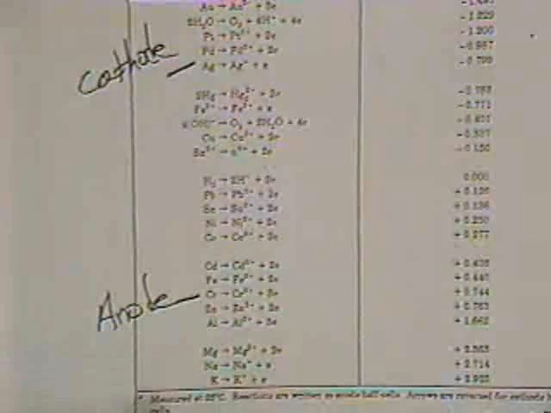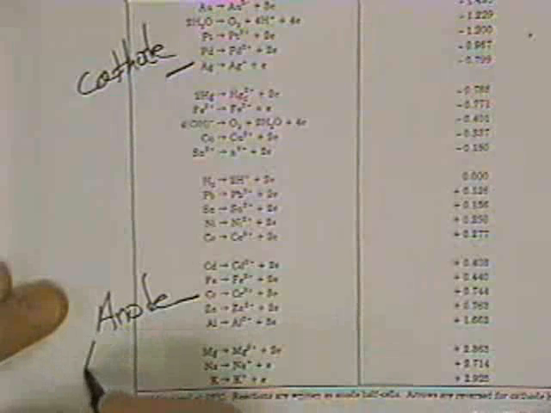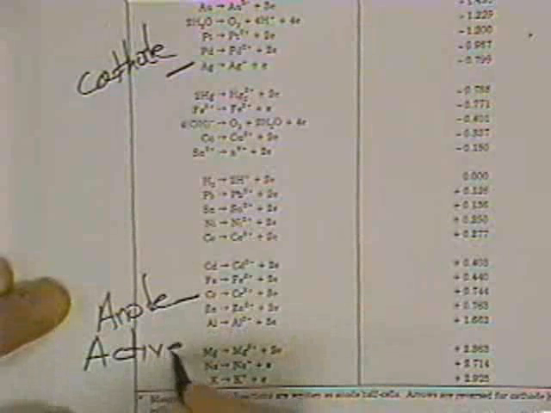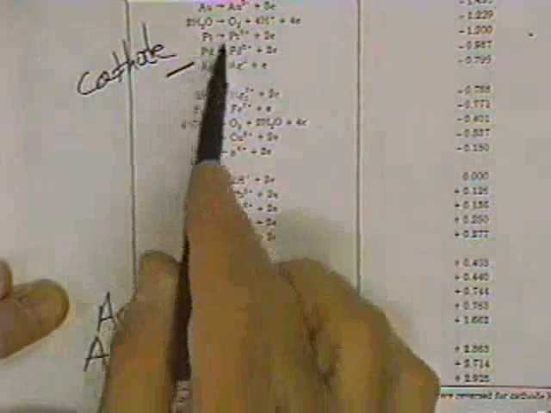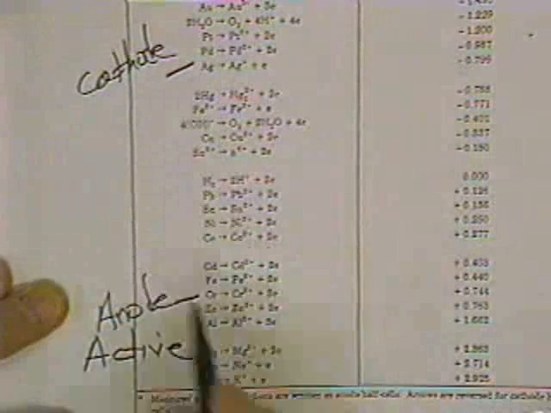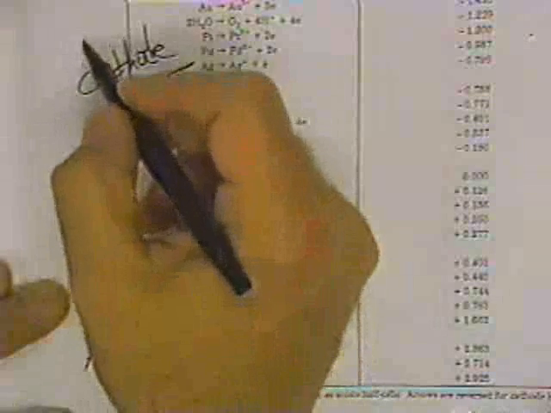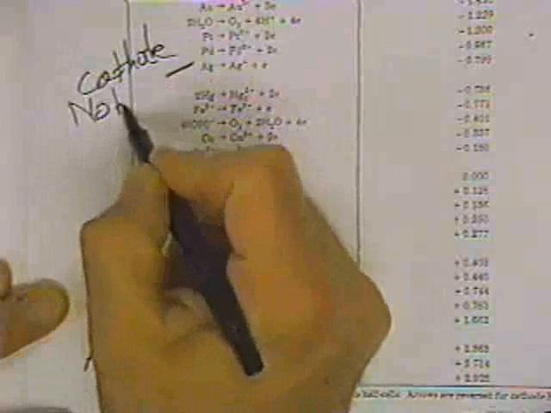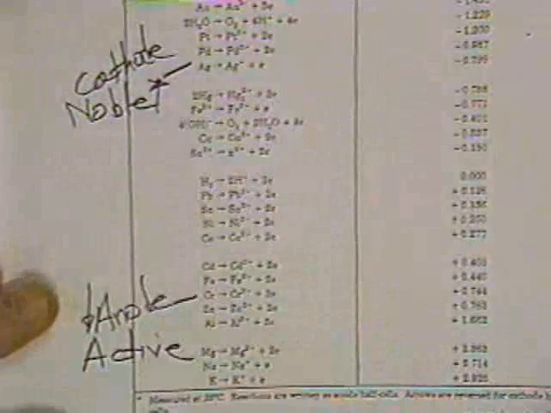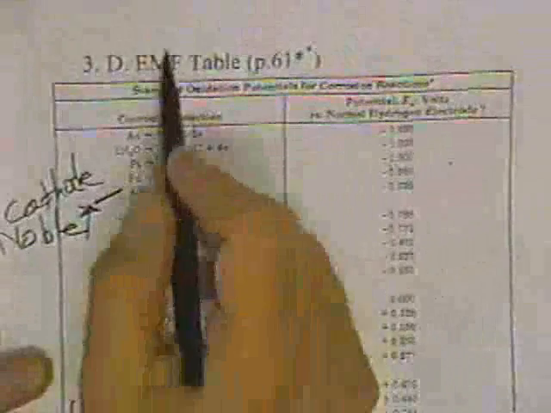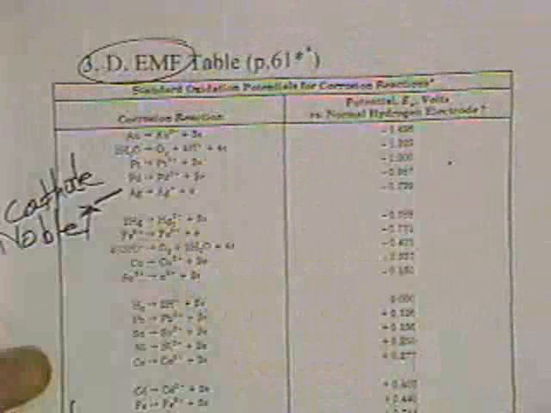So the active ones will tend to be on this particular table at the bottom. Sometimes the tables get flipped. Just keep in mind you see sodium, potassium active, gold, platinum, you know those are going to be inert. So these are going to be more noble in this direction. Now this EMF table is under equilibrium